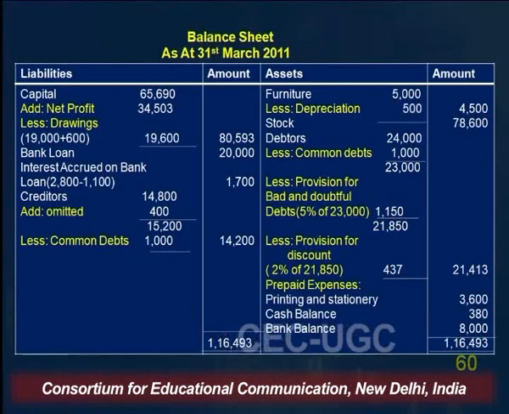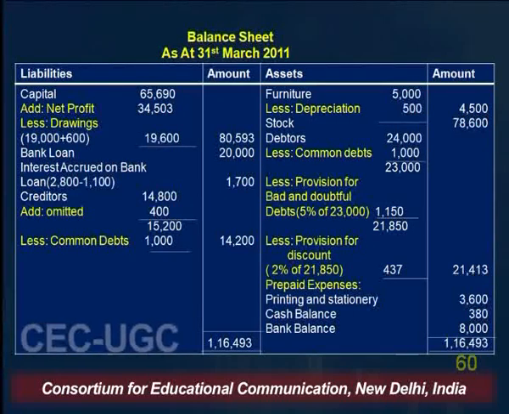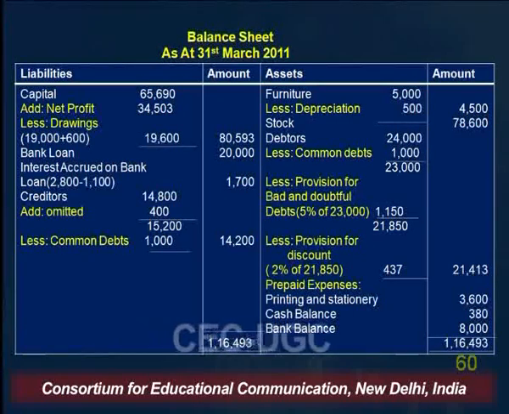This is the balance sheet, and as you can see on the liability side, capital is shown, which is given in the trial balance. The profit which we have calculated in the profit and loss account is added here. Whatever is increasing the balances of the owner will be added here. So if there is a net profit, that will be added to the capital. If there is a net loss, that will be deducted from the capital. So in this case, there was a net profit and this is added to the capital less drawings. Drawings are always deducted from the capital.